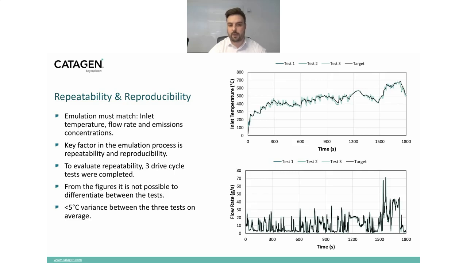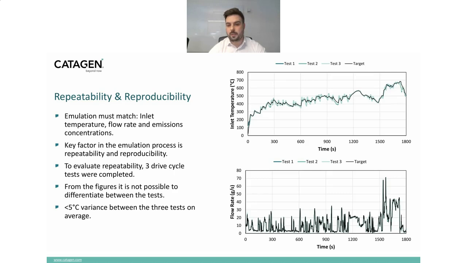Or, for example, if we're going through an aging process, that any change in drive cycle behavior is actually from changes in catalyst performance rather than changes in the actual test cycle itself. So in order for us to evaluate and showcase repeatability, over the next few slides, I'll be comparing 3 different drive cycle tests. So on the screen at the minute, we have a plot at the top for inlet temperature,